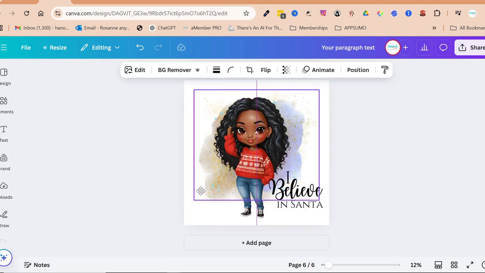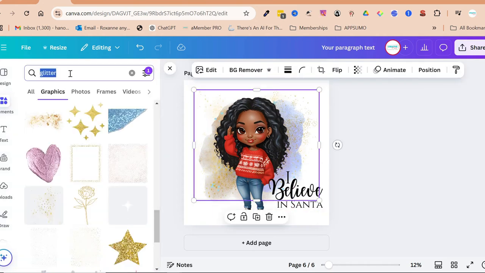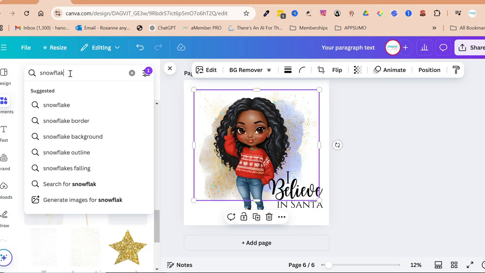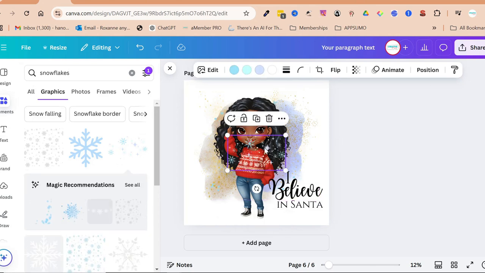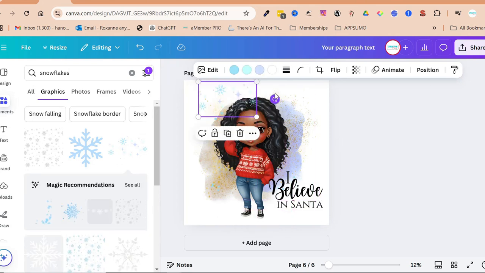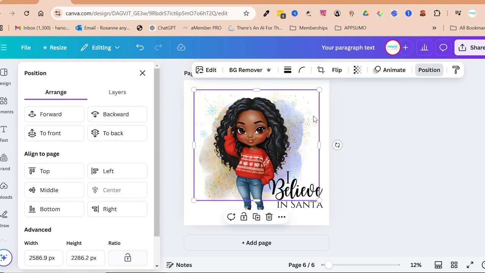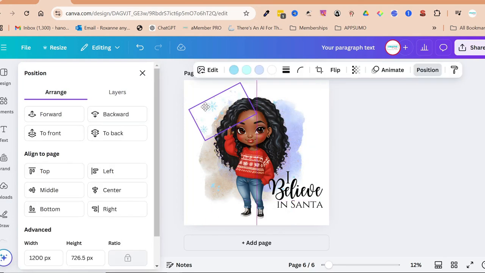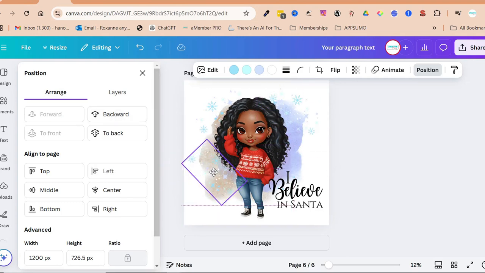And then I'm going to move that kind of gold glitter up. And then what I wouldn't mind doing is maybe adding some snowflakes or something to it just to make it a bit more interesting. So that's quite nice. And then we just position it backwards a bit. So I might actually remove the gold. Now I'm just going to copy and paste those snowflakes, just arrange them around,